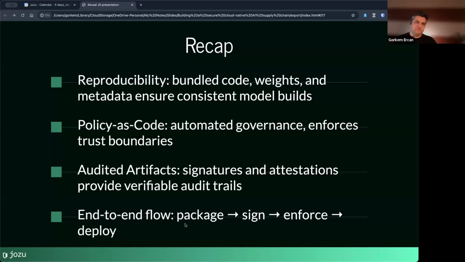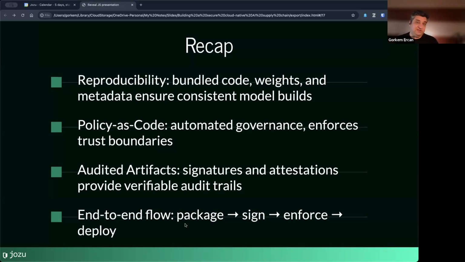The second thing that we looked at is policy as code. In order for you to do automated governance, and by automated governance, I mean not relying on tribal knowledge, where it's like, yeah, that model is not good, don't ever deploy that into production, but rather capturing that as policies and enforcing them on trust boundaries, when you're doing deployment, before deployment, when you're doing training, and those sort of boundaries.